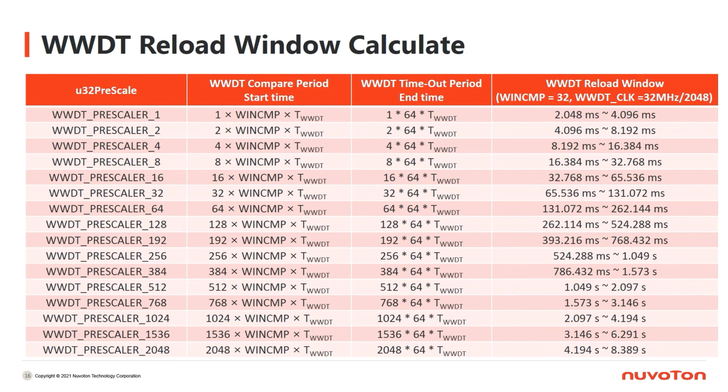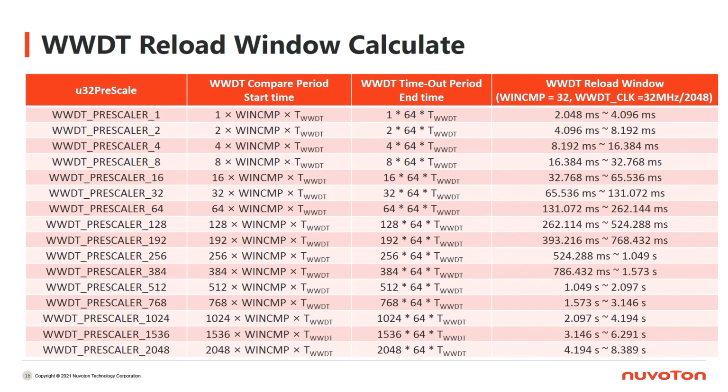The end time would be 1, the value of the prescale, multiplied by 64, the timeout value, multiplied by T WWDT, the WWDT clock time. The value calculated is 4.096 microseconds. After getting the start time and the end time, you could know that the WWDT reload window is